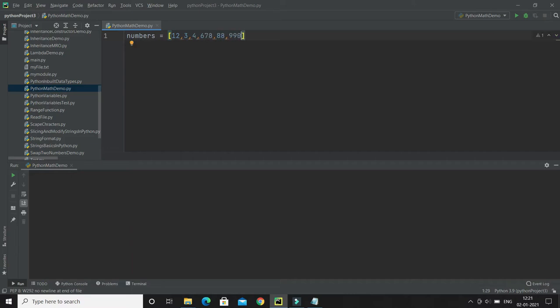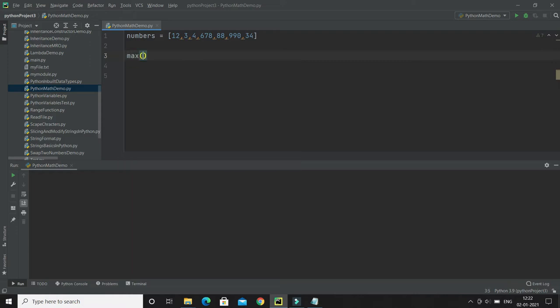In this list, let's say I would like to calculate the max and min value. In Python, it's easy to find the min and max number in this list. We already have min and max functions that can be used to find the lowest and highest value in an iterable. So that must be iterable. As you know, a list is iterable. If you have a set, that is also iterable, so this will even work for a set as well, and even for a tuple, because a tuple is also iterable.